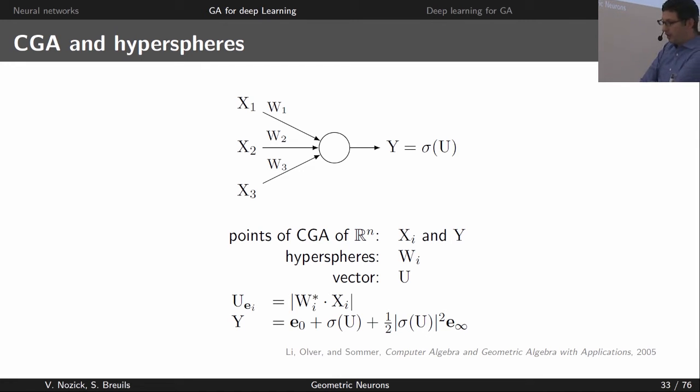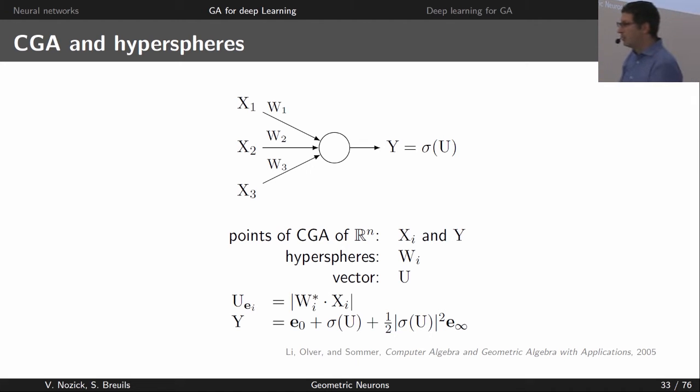They said that, okay, we still get points as input, but the weight would not be a versor. It will be a hypersphere. And so, if we consider the 3D case, it would be a sphere. Why is it an interesting point? It's very interesting because in conformal geometric algebra, a sphere and a plane belong to the same family, and actually this is almost the same. So a plane is just a sphere with infinite radius.